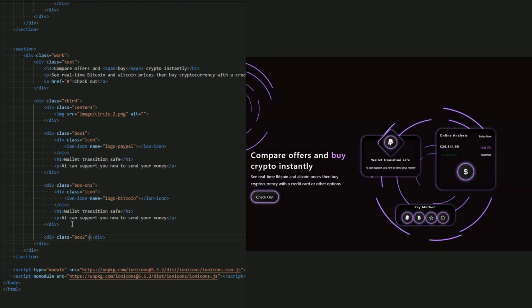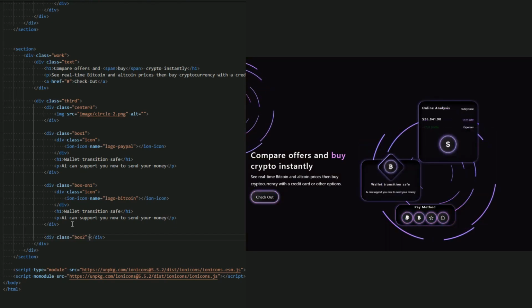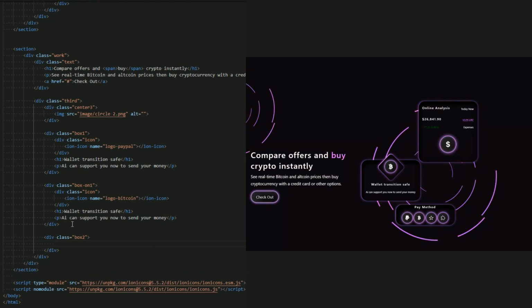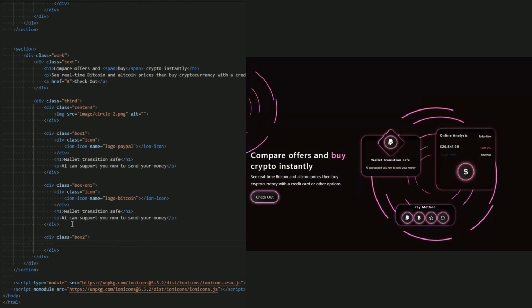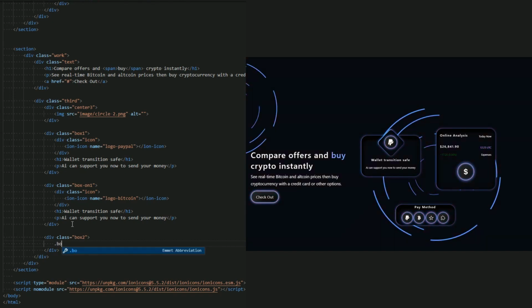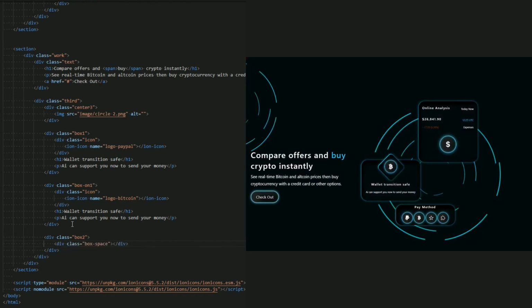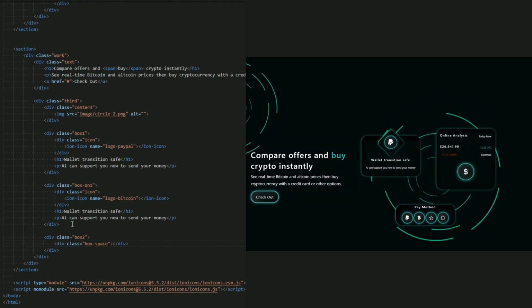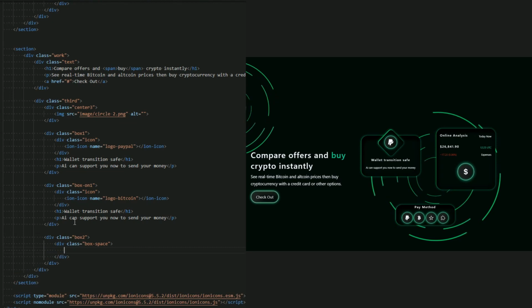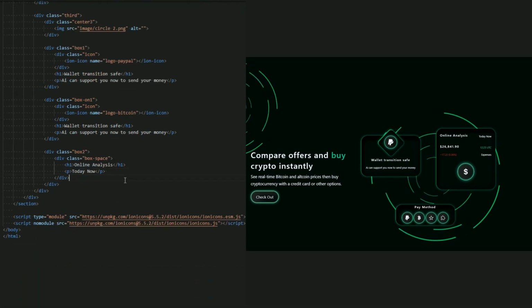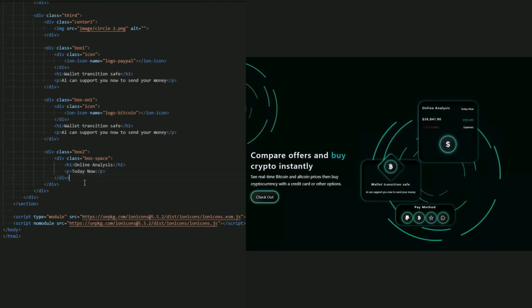So in a box, I will create this div to add display flex and justify content space between, as you can see here right now. So let me name it box space, just like I said. I want to add justify content space between inside of this box space, and let me add h1 and the description. There we go. And yep, this is our box 2 now.